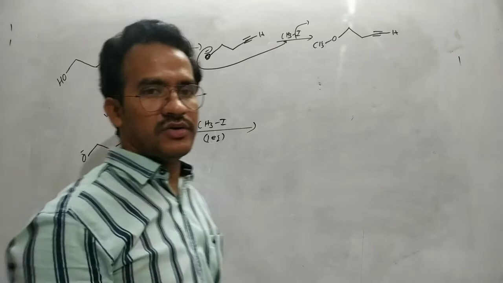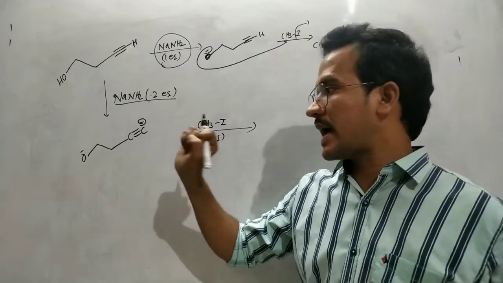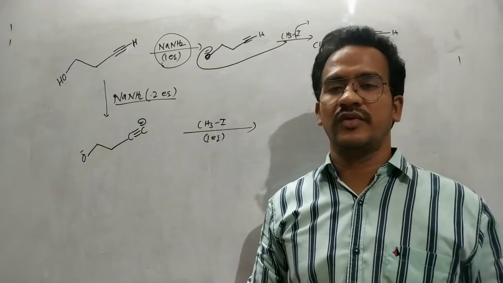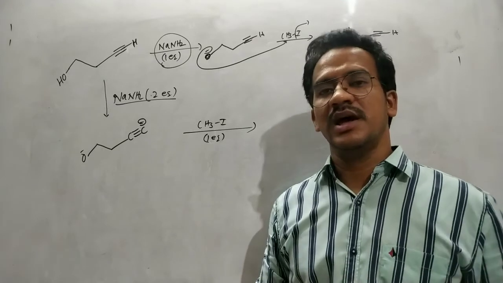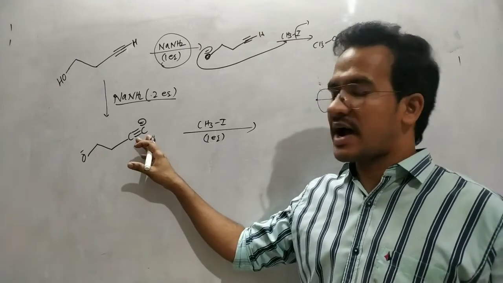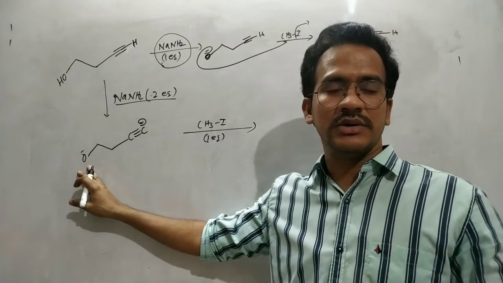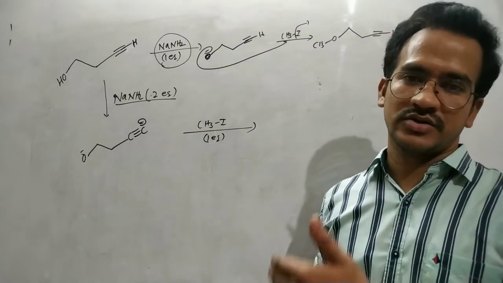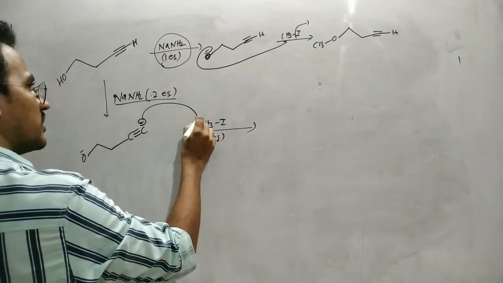Now methyl iodide is only one electrophile, but this is an ambident nucleophile. This one has two nucleophilic sites, two donor atoms, C minus and O minus. Between C minus and O minus, which is the better nucleophile? Here the C minus is more nucleophilic because the sp carbon is less electronegative than the O minus. So this one has a higher tendency to donate the electrons. Because of the oxygen, the electron density is held very tightly, so it has less tendency to donate electrons, that means to attack on the electrophilic carbon. So in this case, the sp carbon attacks on this one.